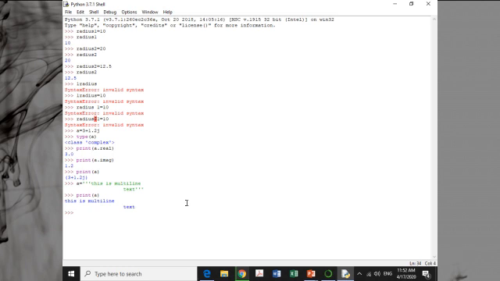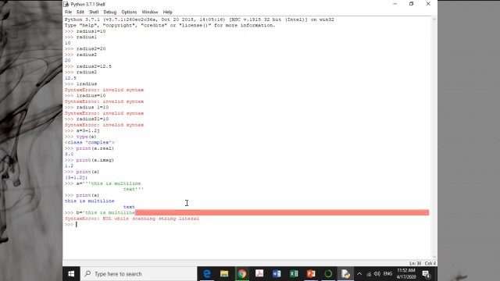Now if I say B is equal to, again I am creating something like this. I start with single quotes and then say this is multi-line, and then I press the enter key, and immediately I got the error. Why did I get the error? Since I have to terminate the text, but I want to spread this text into 2-3 lines.